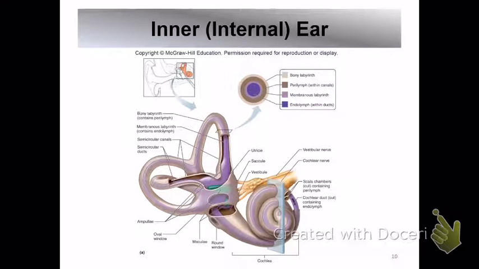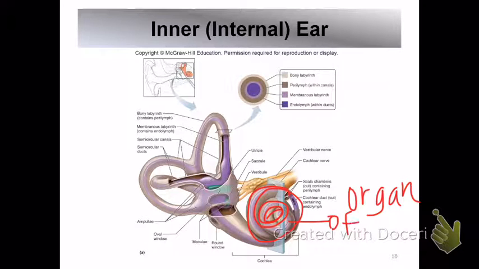And then the labyrinth consists of, and this is all the parts, your semicircular canals, so the whole thing is labyrinth. And then you've got your semicircular canals, you know that from lab. There are 3 of them, involved with balance. The vestibule, which is involved in balance, right here. This area. Cochlea, you want to know that for sure. Cochlea, snail-like structure, that is the, write this in or highlight it, organ of,